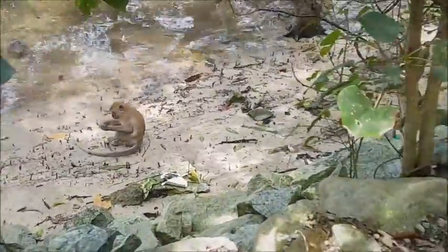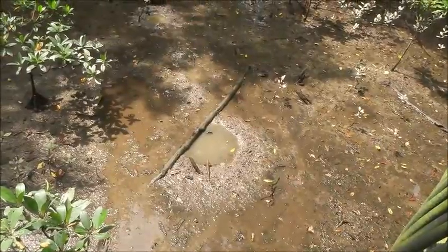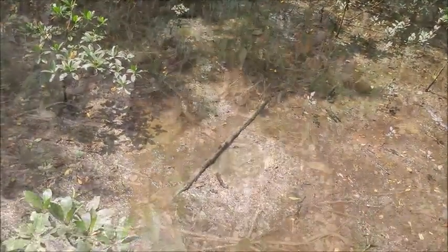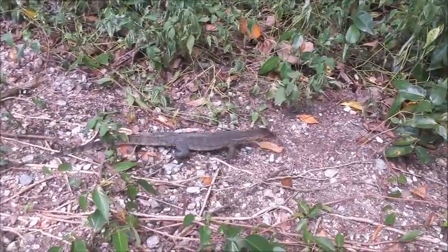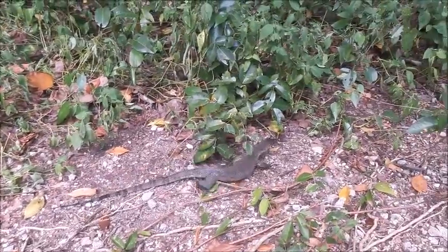Aside from the birds, you're almost certain to see the giant mudskippers. They are amazingly well camouflaged creatures that can be easily missed if you're not careful. If you're lucky, you might be able to see them skip right out of the water. Sometimes you might be